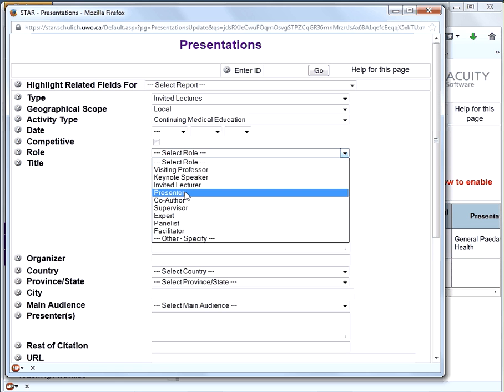Most values that you select here would be presenter, so you stand up to give a talk. You can also be recognized as a co-author for a presentation, so you didn't actually stand up to speak at the presentation, but you'd like to be acknowledged for the work that you've done. If you were a supervisor as well, so this could be the supervisor of a student giving a poster presentation. The media presentation type is a good place to select the role of expert,